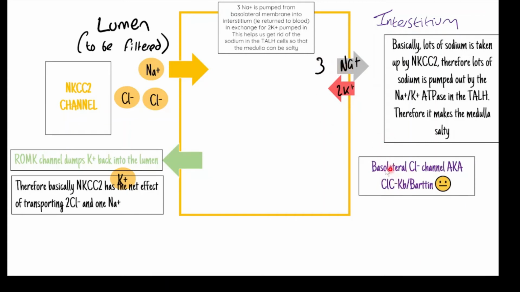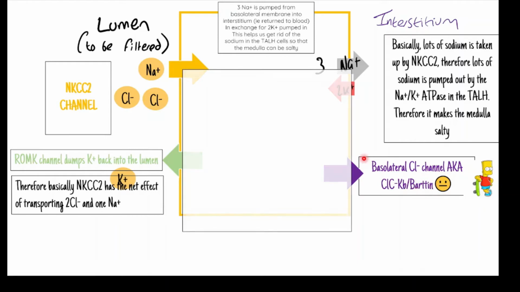There's also a basolateral channel, a chloride channel called ClC-Ka Barttin. It's a bit of a mouthful, but yeah, Barttin is basically a subtype protein that assists the channel essentially. So the chloride that comes into the epithelium leaves by the transcellular route through the basolateral ClC-Ka Barttin channel. So this channel has a Barttin protein in it. Okay,